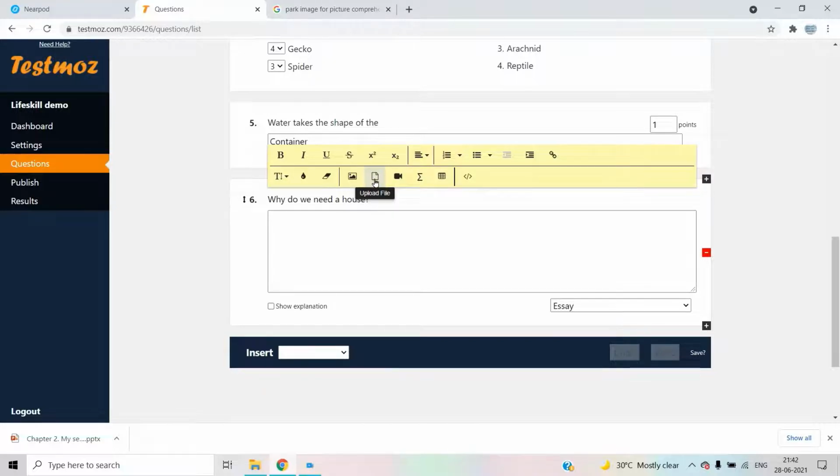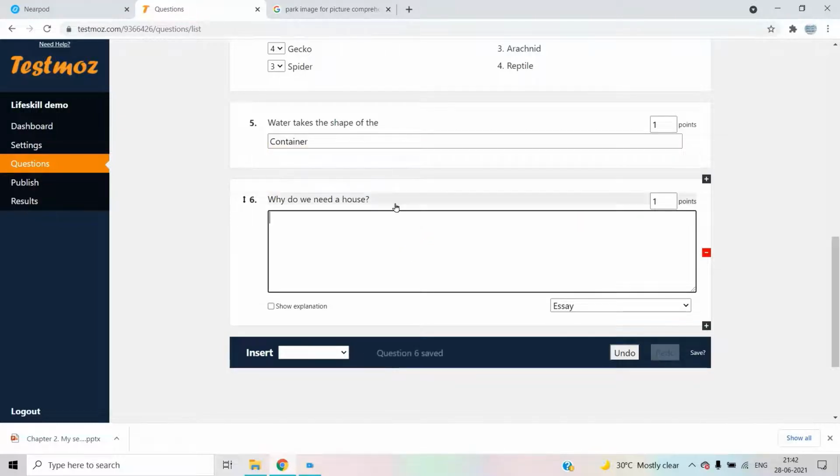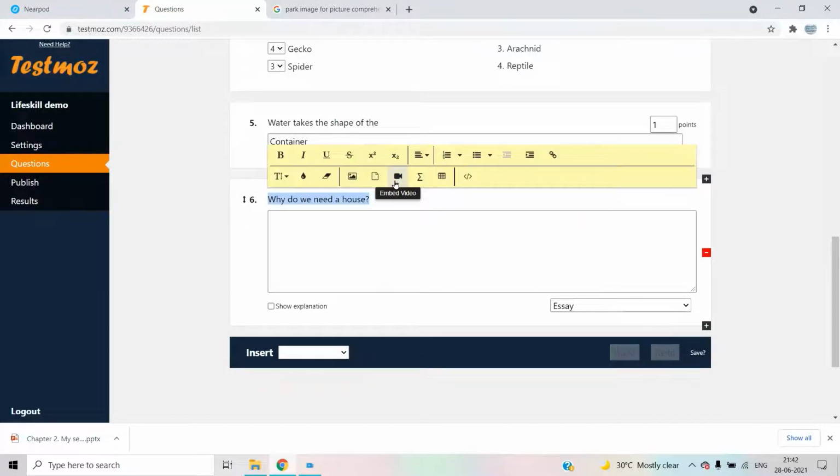If you want to add any file here, that also you can add. Okay. You can give colors, you can underline the question, or else if you want to insert any link, that also you can insert. If you want to add any video, that also you can add.